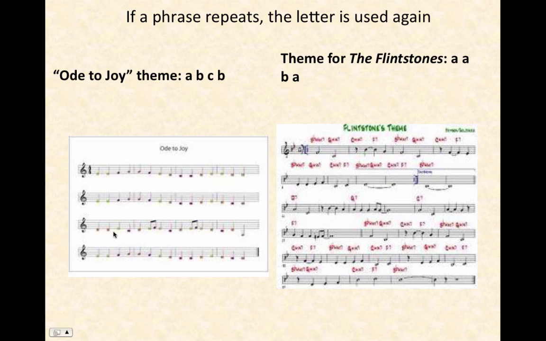Now this is completely different. That's the C section. The violins, after that first amazing moment where Beethoven grabs us and says, hey, you need to listen to this, it's important. You can see how the motive, short, short, short, long, is extended to create a melody. And here's one of my favorites, the theme for the Flintstones, which is A-A-B-A. And so on.